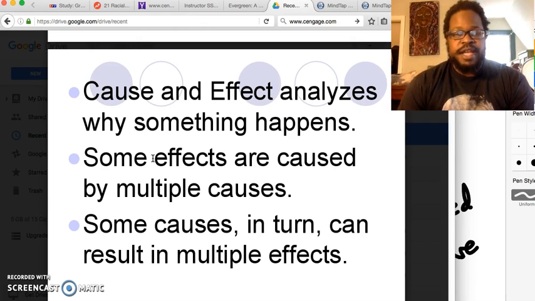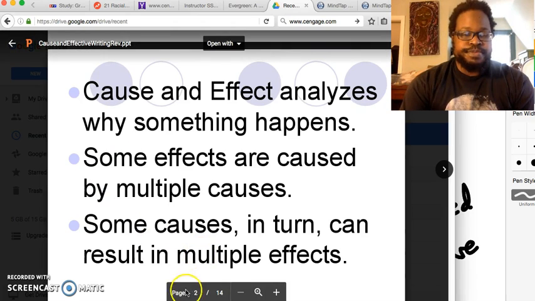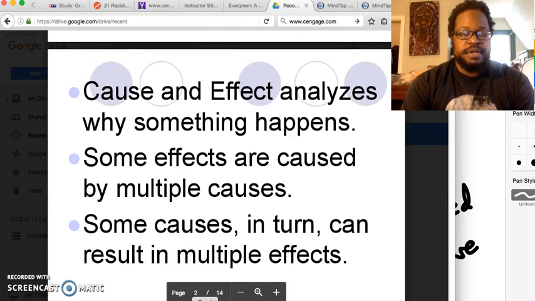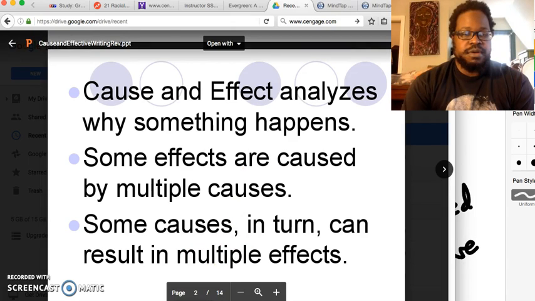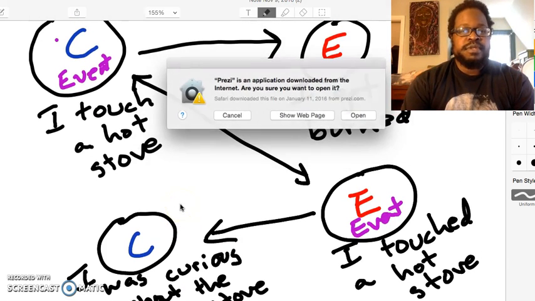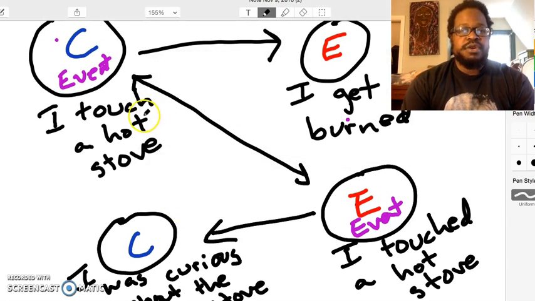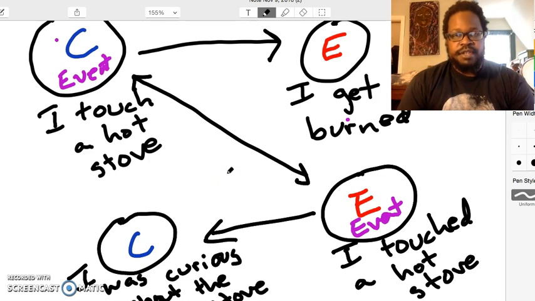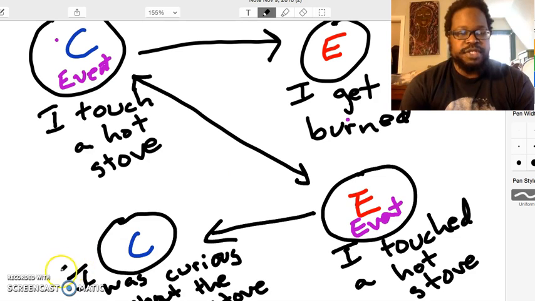In the simple example that I gave a moment ago, I mean, it's pretty simple. It's one cause, one effect, one cause, one effect. But most things in life aren't like that. Most events have multiple results, and they're worthy of discussion. Most events have more than one thing that leads up to it. So those are worthy of consideration as well.